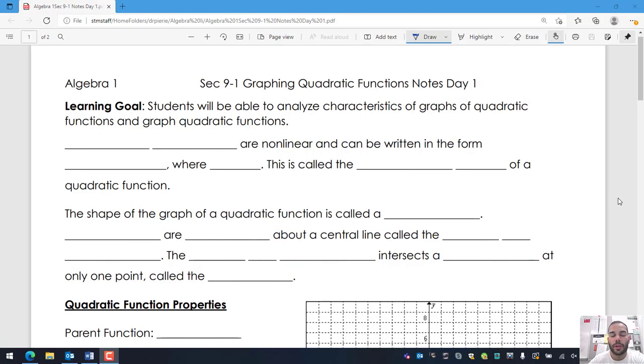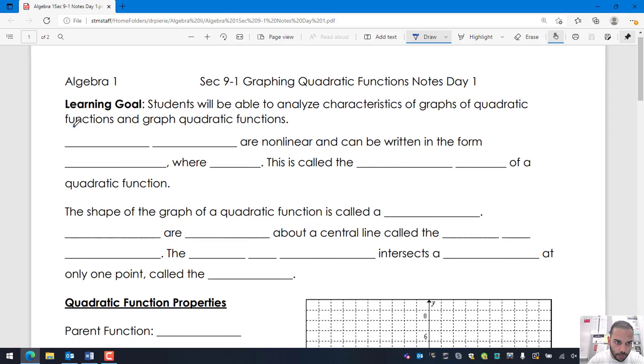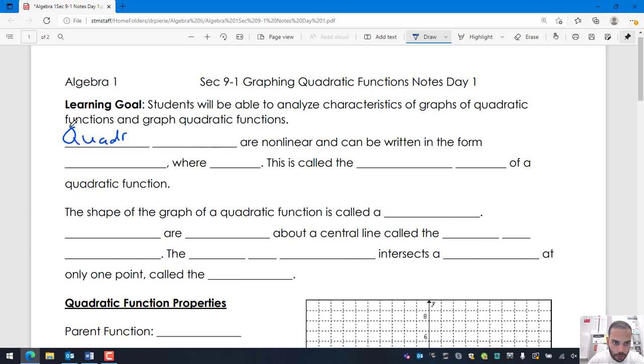All right, guys, in this chapter, we're going to start talking about something called quadratic functions. Now, what are quadratic functions? Quadratic functions are non-linear equations. What that means is when we start graphing quadratic functions, they are not going to be